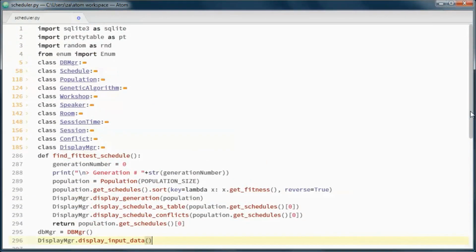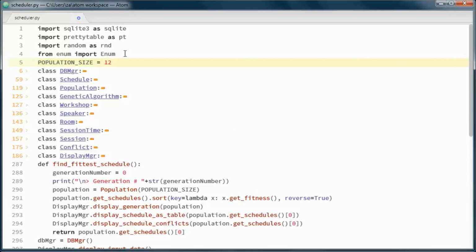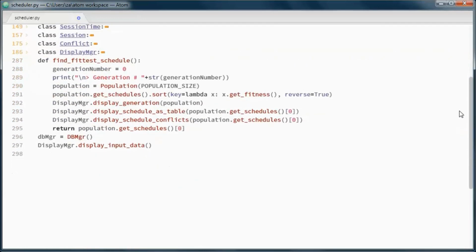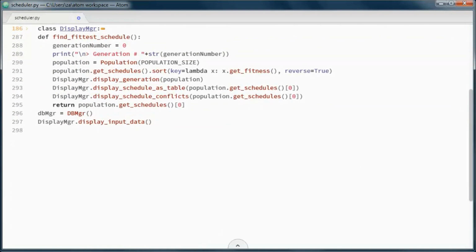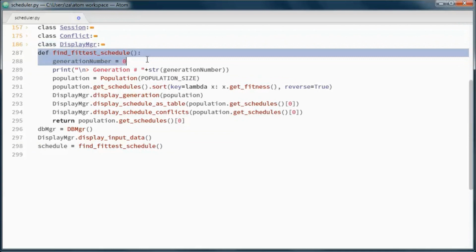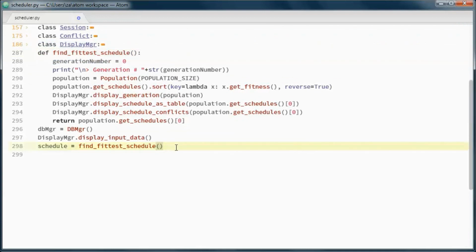And let's suppose we have a population of 12 schedules for each generation, and let's go ahead and call this function to find the fittest schedule in generation 0 before adding the genetic algorithm logic.